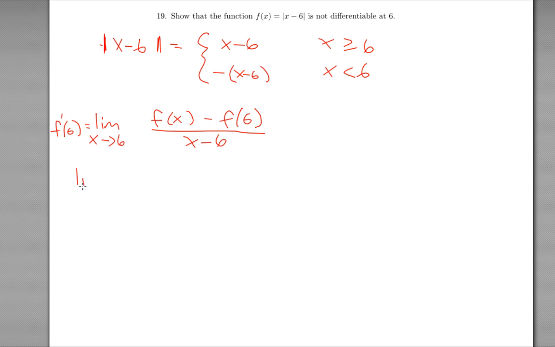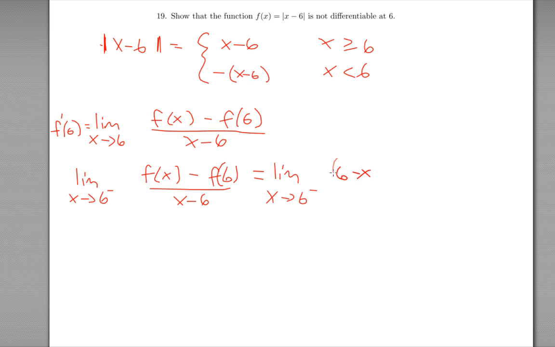in order to calculate if this limit actually exists. So let's take a look at the limit as x goes to 6 from the left of f of x minus f of 6, divided by x minus 6. What version of the function should we be using when we have numbers that are smaller than 6? We should be using the negative version, so we should be using this version here. So this is the limit as x goes to 6 from the left of the negative version, 6 minus x,